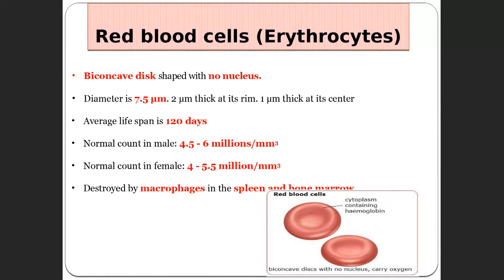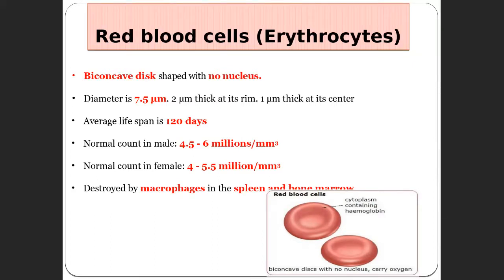One is red blood cells. First, you should know they are biconcave disc shaped with no nucleus, and the diameter is 7.5 micrometers. It is 2 micrometers thick at its rim and 1 micrometer thick at its center. The average lifespan